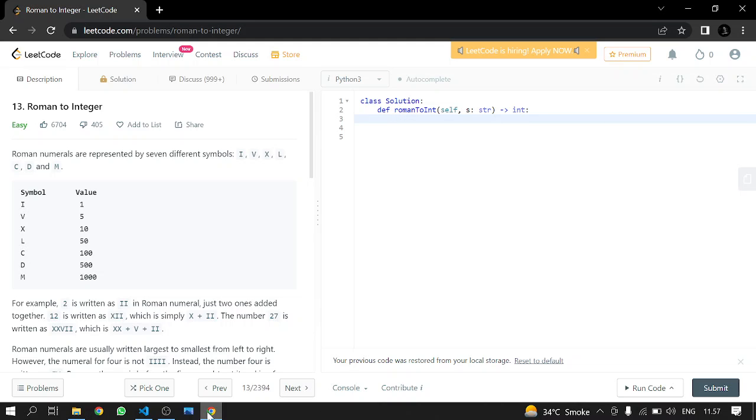So what we'll be doing, if the number at a certain index in a string is less than the number next to it, we will be subtracting it from that next element in the string. So we'll be making a map, which is basically a dictionary in Python, and in this I will hold I is 1, and let me